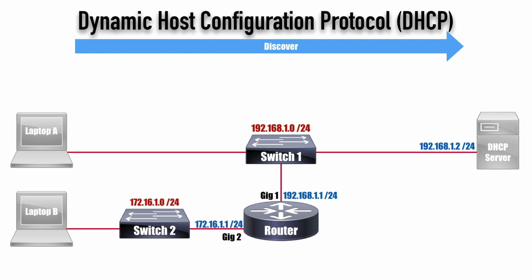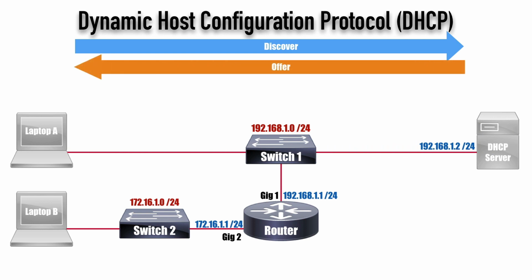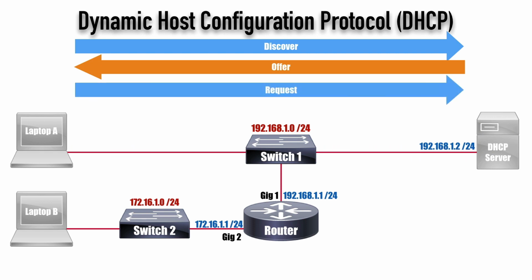Okay, not a problem so far because laptop A is on the same subnet that the DHCP server is. And the server responds with the O in DORA, which is the offer message, saying, yes, I'm a DHCP server. I would be happy to serve your IP address needs. And whoever responds first, because there could be more than one DHCP server on the network, laptop A is going to select the first one that responds and then send the R in DORA, a request message, directly to that IP address that